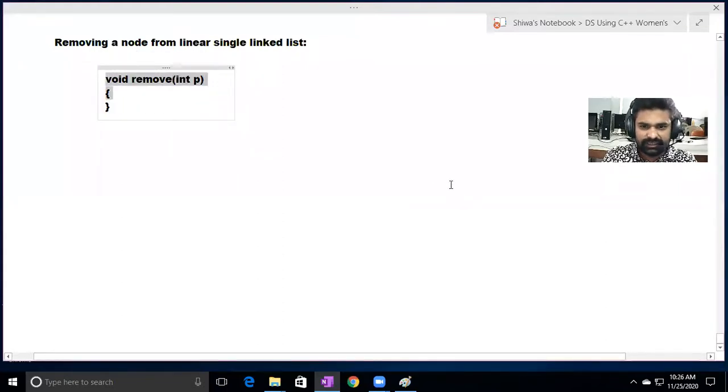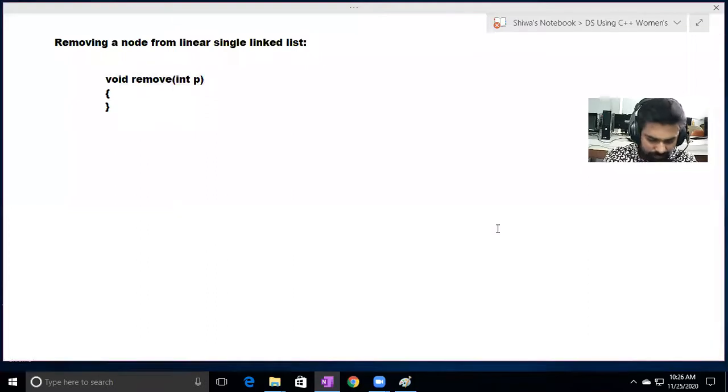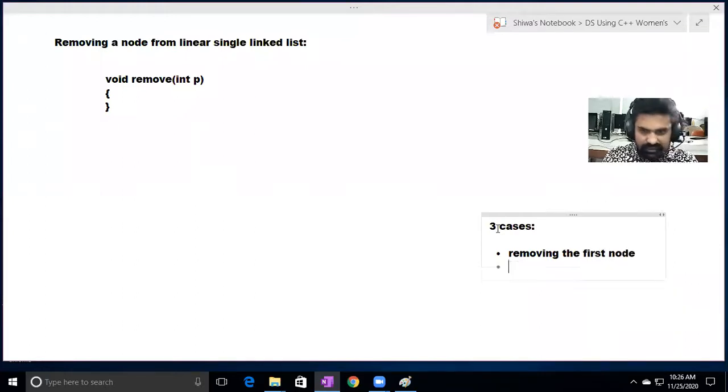So here total 3 cases are there. First case is removing first node, whether we are trying to remove the first node or not. Second case is removing last node.